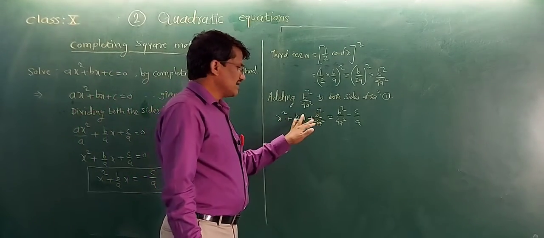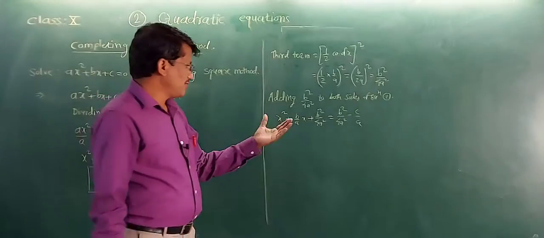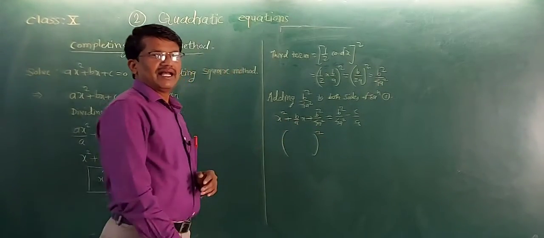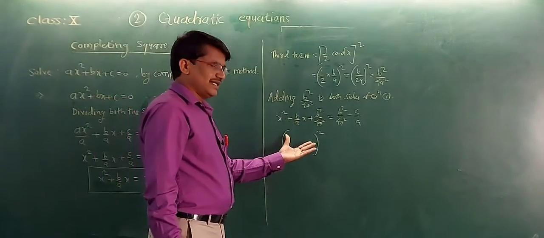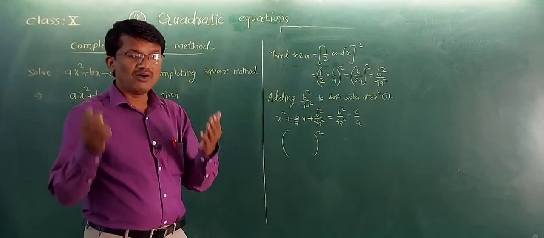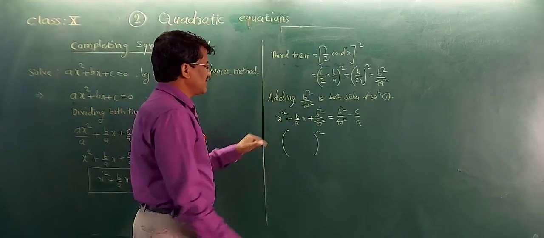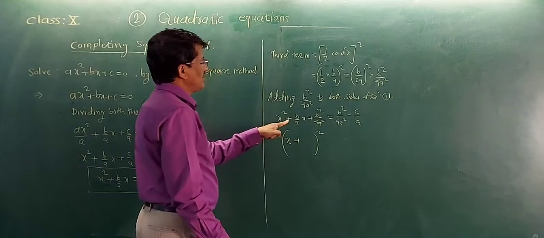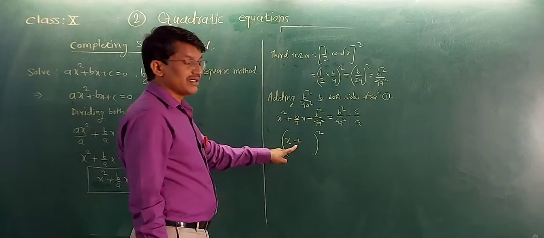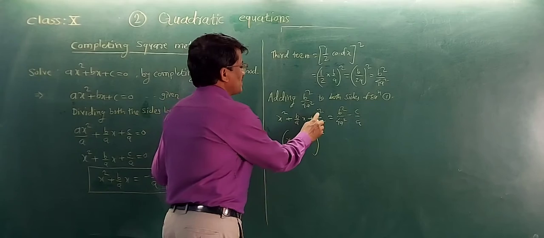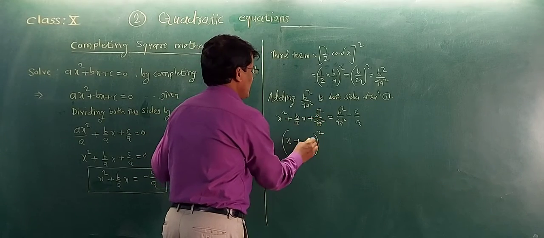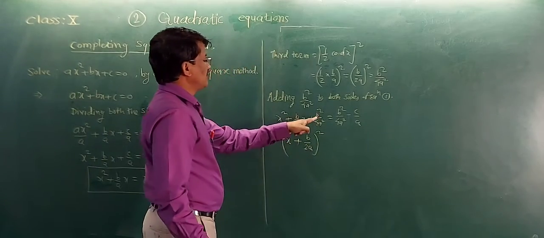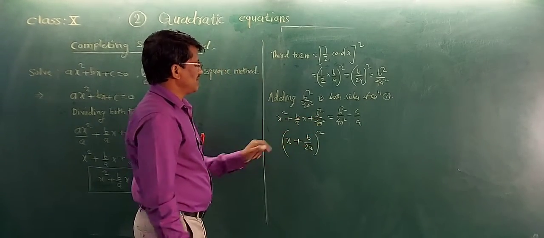Now by adding this, just observe the left side. The left side is the square of a bracket. In the bracket there are two terms. How to write the two terms? The first term is x, instead of x square write x here. Give the sign in the middle. This middle term has a plus sign, so give a plus sign here, and here b, and 2a, the square root of the whole term b square upon 4a square.